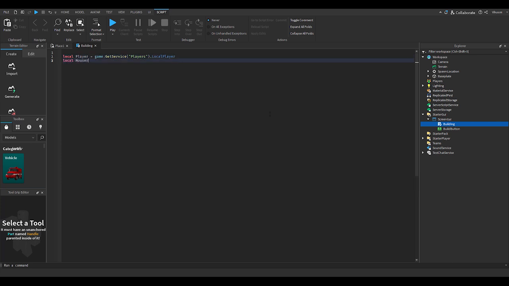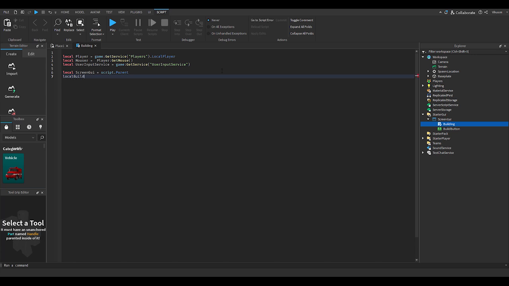And then we want the mouse, so we'll do local mouse equals player:GetMouse(). And finally, we also need the UserInputService, so local UserInputService. And now we have our most basic variables. Additionally, we need to know the buttons and some other stuff, so we'll do local screenGui is the script.Parent,